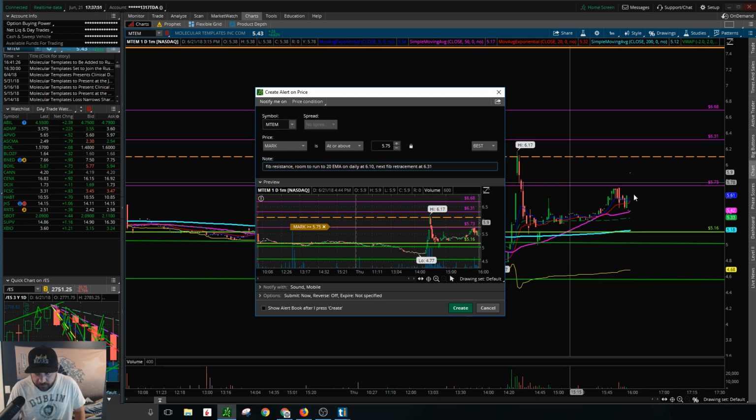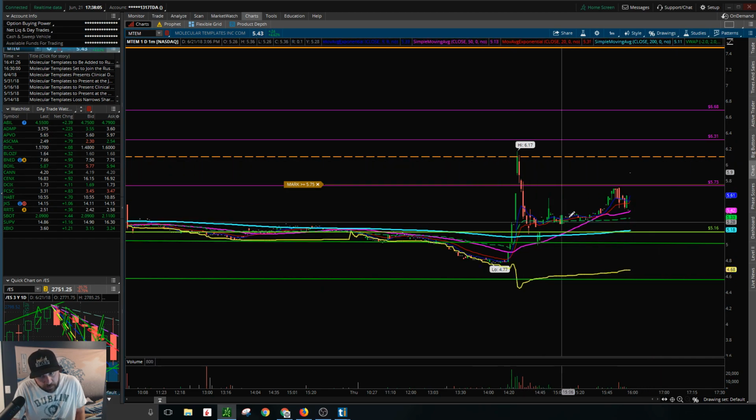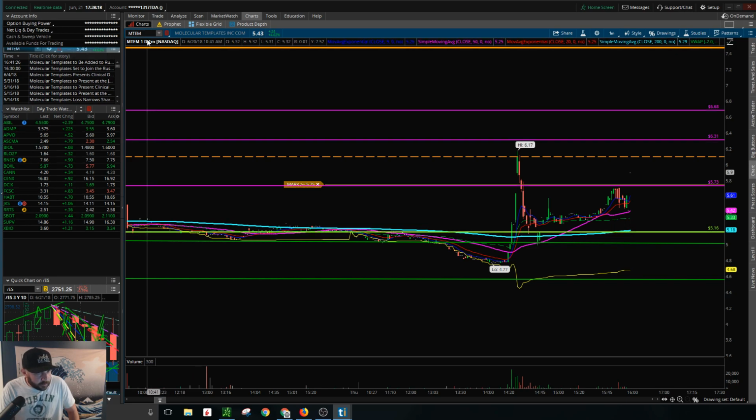So there you go. We got fib resistance, room to run to the 20 EMA on the daily at 610. Next fib retracement at 631. So these are two areas that I'm going to look at if we get some bullish price action. It might come quick, but we'll see what this thing does in the pre-market tomorrow, if it runs or flops. So the next one on Trade Ideas most up or down post movers is TNDM, which has been